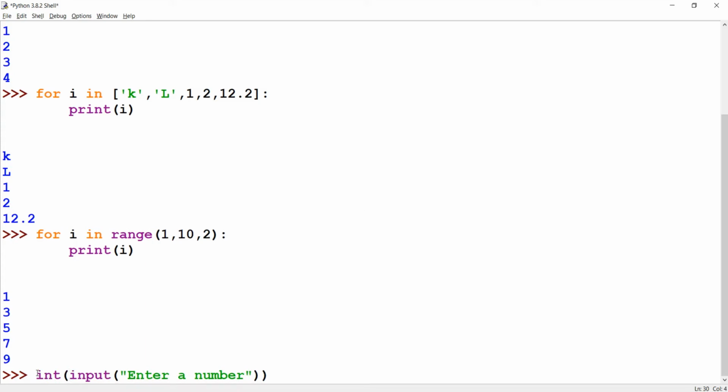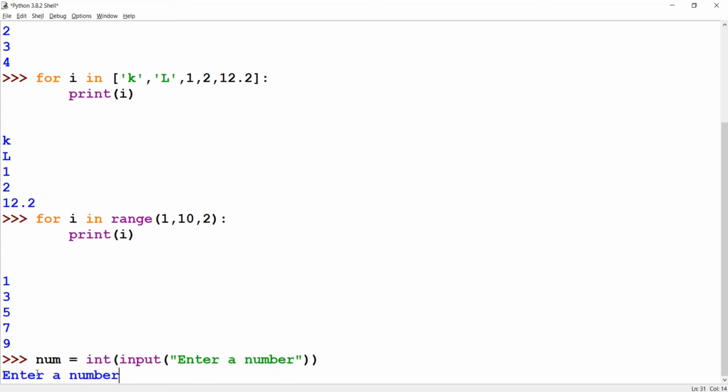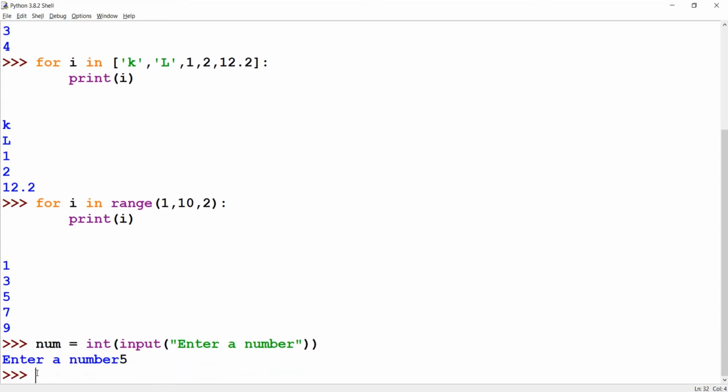So for example, a variable num is equal to integer input, and we'll enter 5. Now a variable fact is equal to 1, as factorial is 1 into 2 into 3 into 4 up to n minus 1 into n. That is, factorial is the product of all numbers from 1 to a particular number.